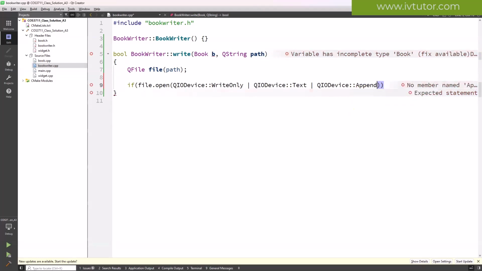I'm looking for append. So this append here means whatever you're writing to this file is just going to be appended to the existing text. So that's one way you can do it if you choose to do one book at a time. You can just say append to the existing file. If it says incomplete type, that means I have to go and hash include it. But I'll do that later. Okay, so